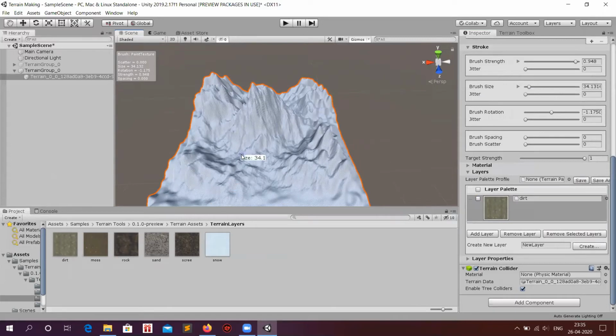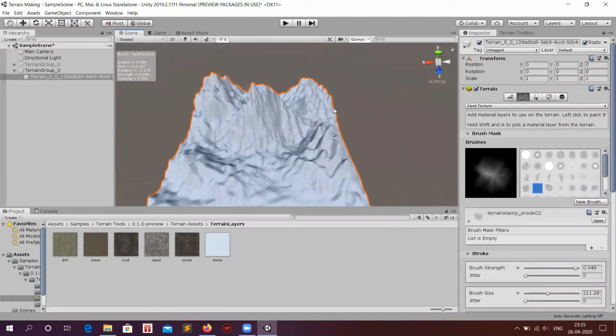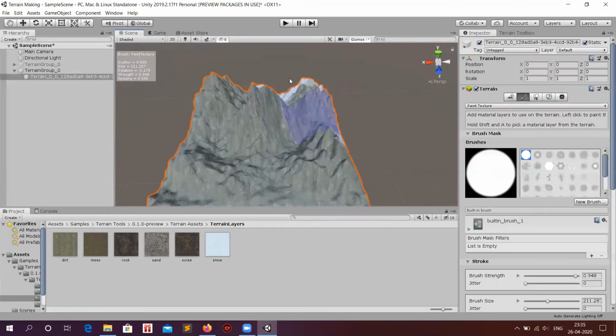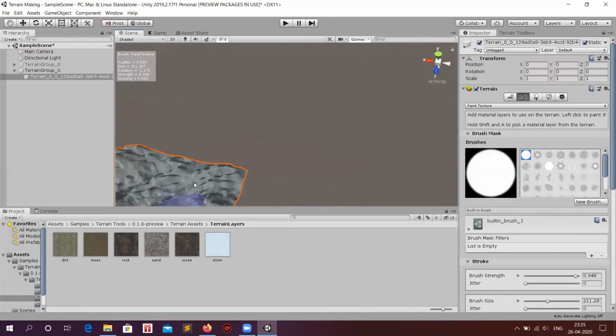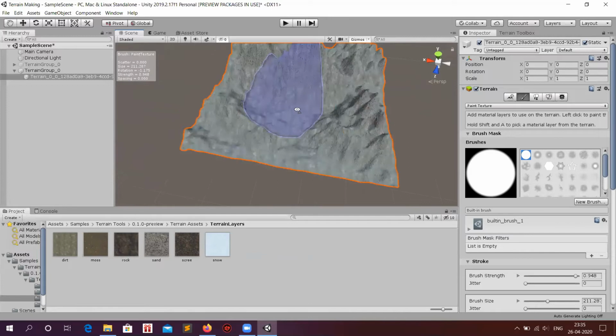To apply the dirt, we will first increase the size of the brush and now start applying the material to it. We need to paint our terrain like we paint all the paintings in our normal life.